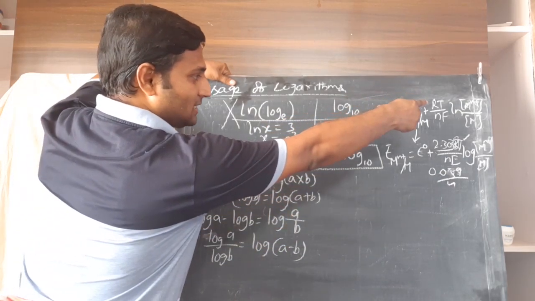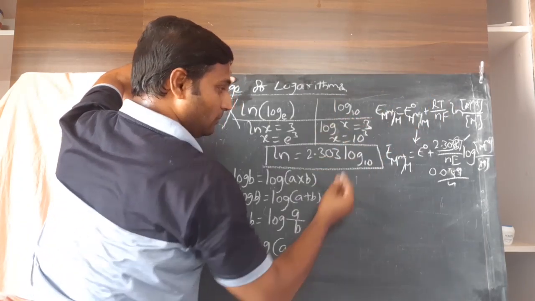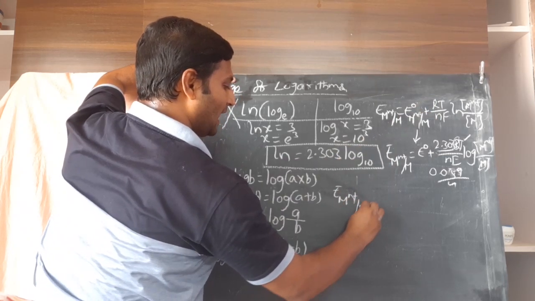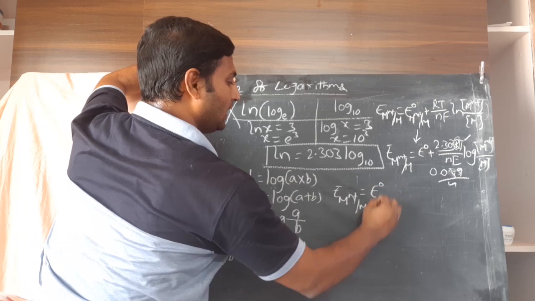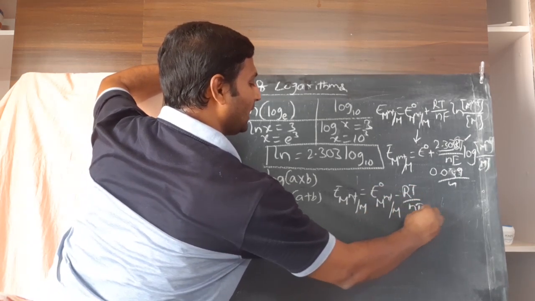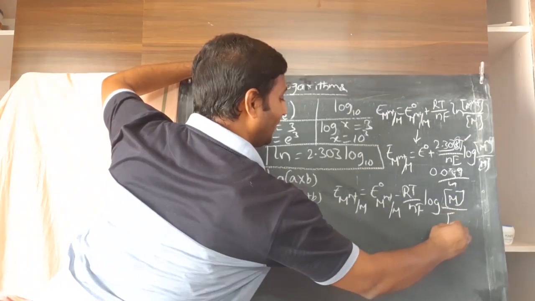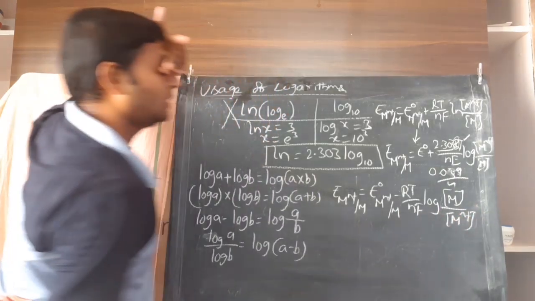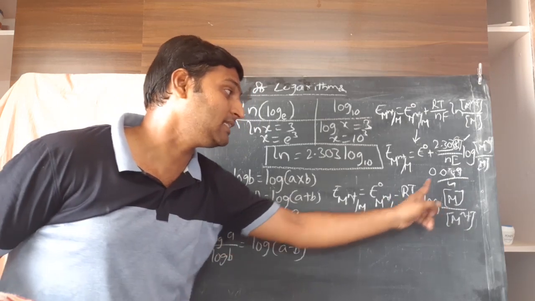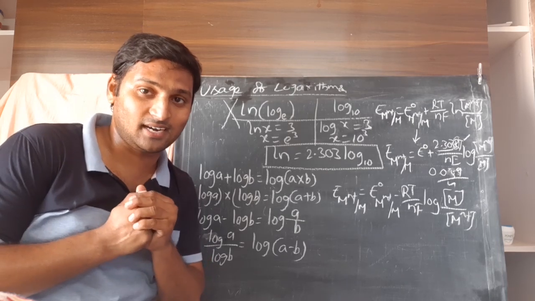Remember, in the same Nernst equation, I told you that if you take positive, the relation will be like this. Even you can take negative here: E of Mn plus by M is equal to E naught of Mn plus by M minus RT by nF. Then it becomes log of product by reactant, I said. If it is plus, log of reactant by product; if you take minus, log of product by reactant. Otherwise it does not change, I said. Why did I say that?